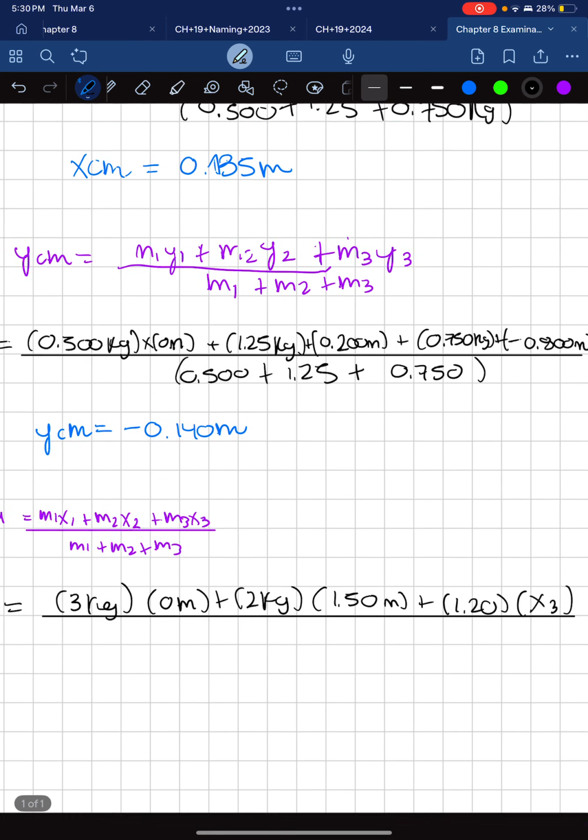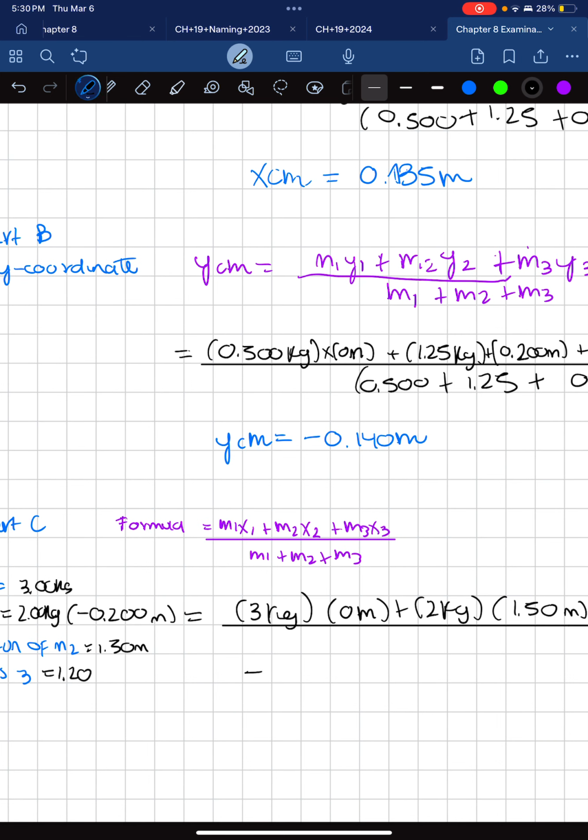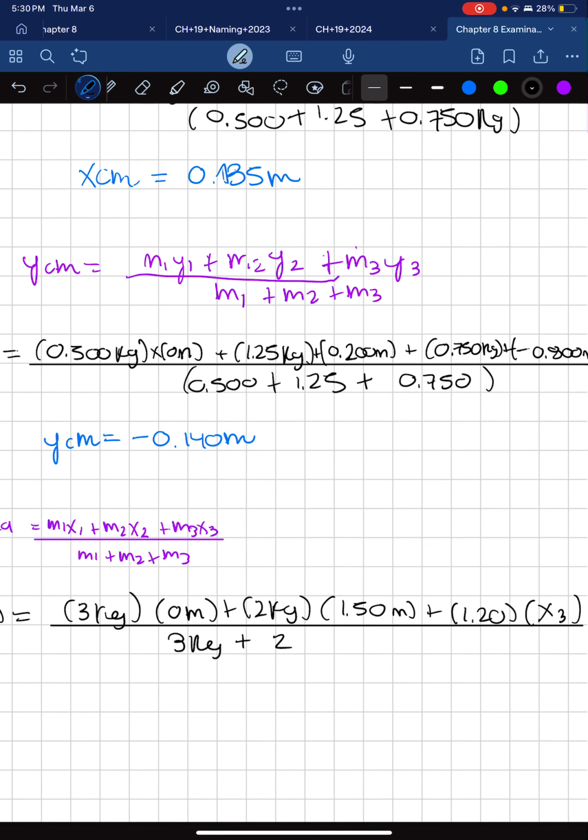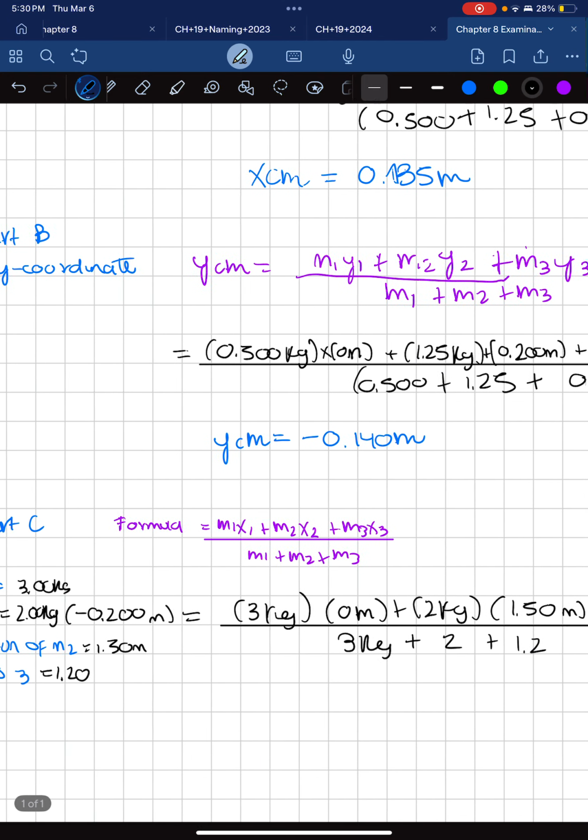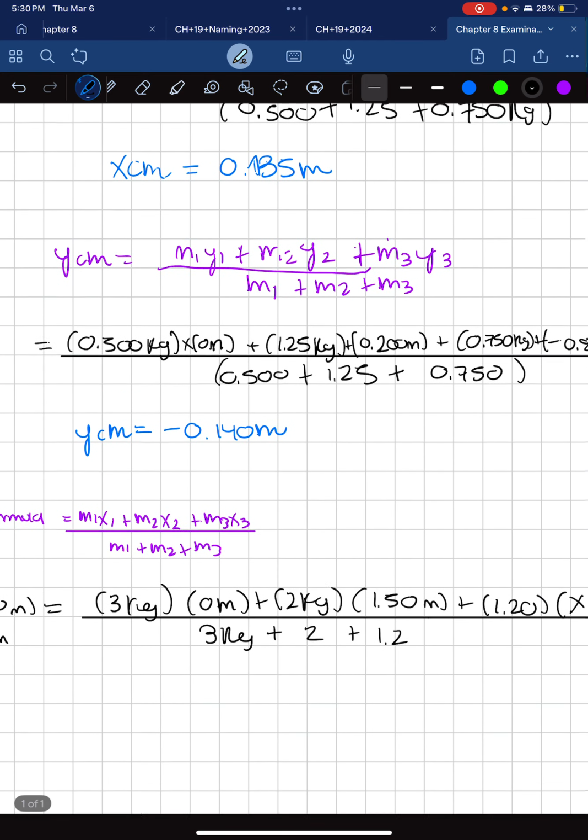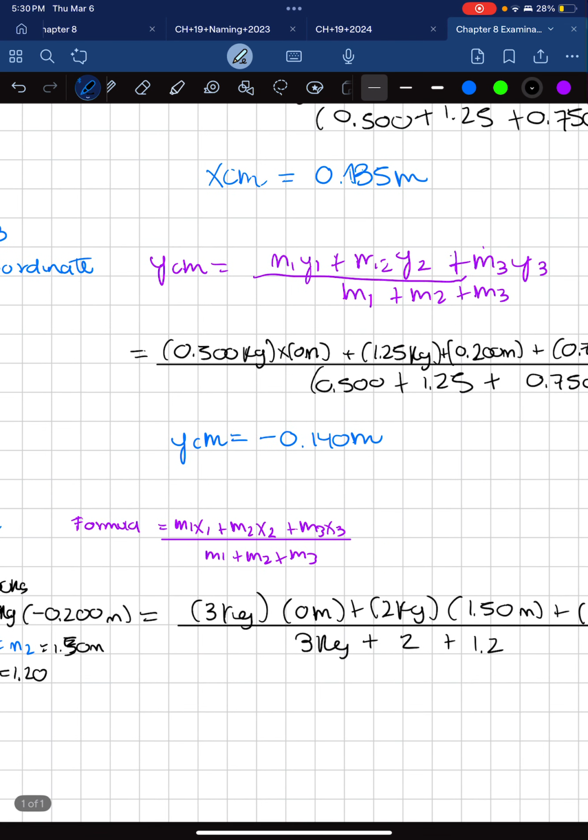Okay, let me do this side first. Gonna put this to the other side. We need to put the masses at the bottom as well. 1.2 plus 1.2. Okay. Oh, this is a 5, by the way. Alright, now let's go ahead. When we solve this, we're gonna have on this side